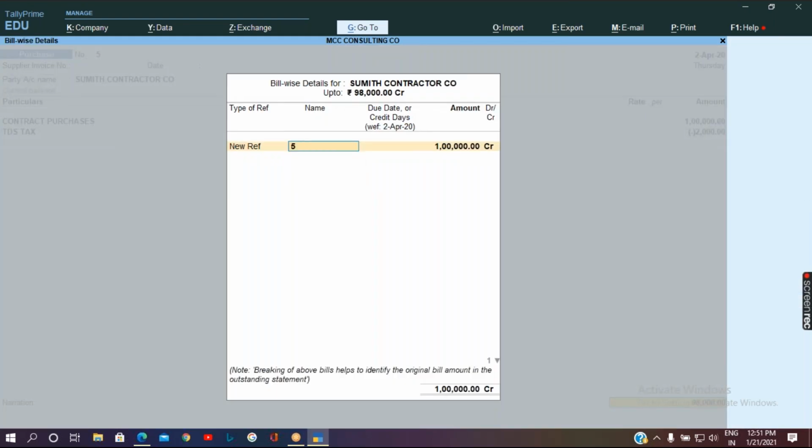So here also there will be two types of reference. So we are going to give it sale. Sorry, it is not sale, it is a purchase. It is contract for Sumit Construction Co. It is the first invoice.